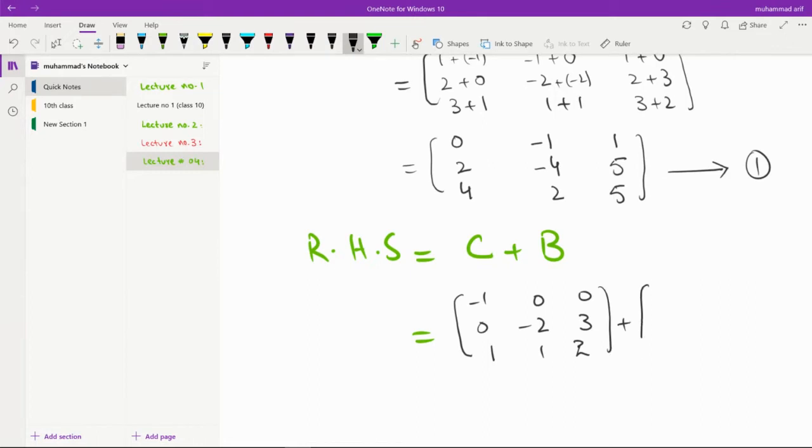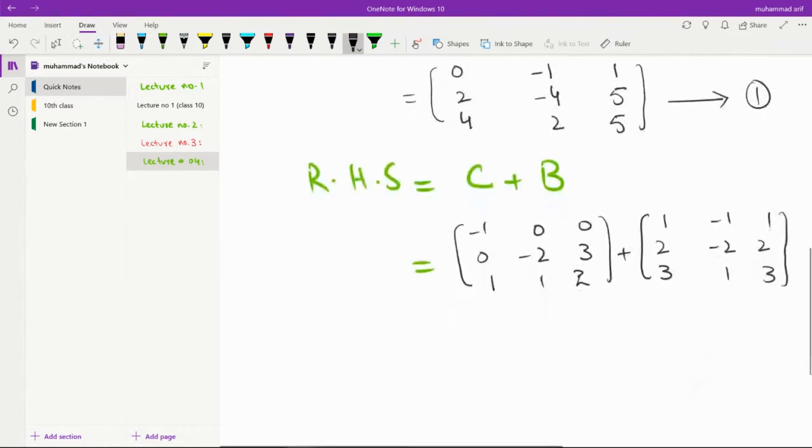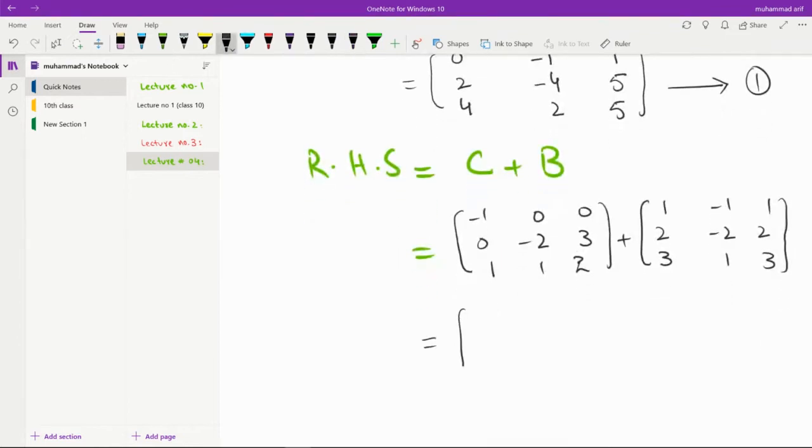And matrix B is 1, -1, 1, 2, -2, 2, 3, 1, 3. After solving, we have negative 1 plus 1, 0 plus into negative 1, 0 plus 1